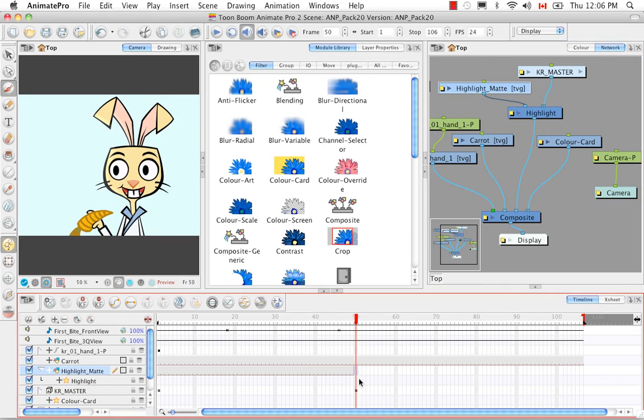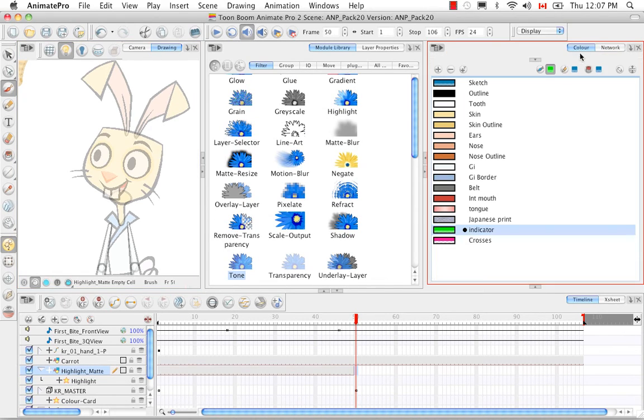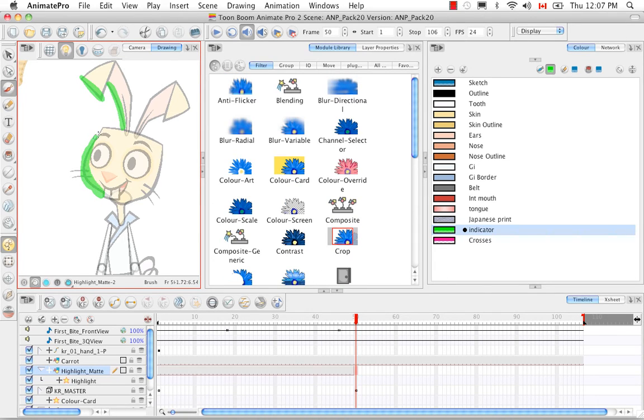And since we're here, let's make the second matte for the head change. So we're doing this in a little bit of a different order, but it's exactly the same thing. So we have our indicator color, our brush is selected, we're doing the highlight, so it looks something like this. And we're going to extend our exposure